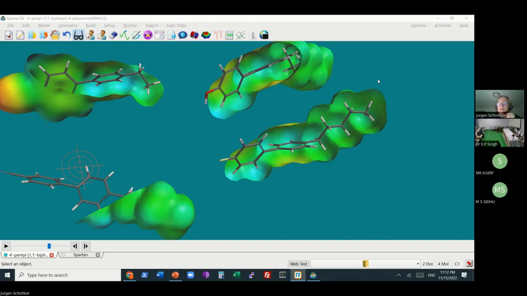Well, the first step is to try the new default in Spartan, omega B97XD, which Warren Hehre has run. We have an in-house Unix cluster, and he spent an enormous amount of computing time and accumulated huge tables of data for all kinds of stuff.